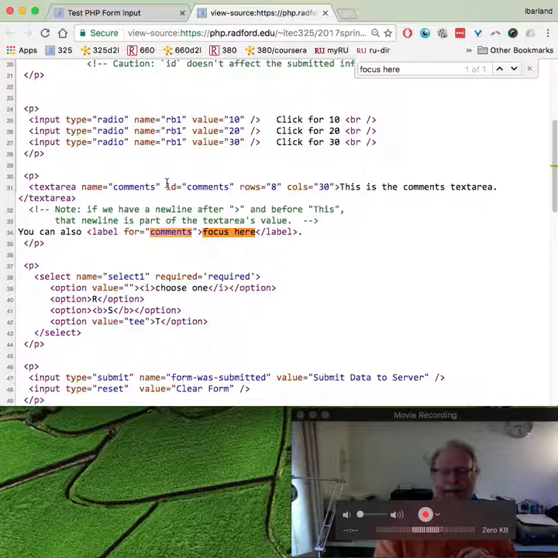So ID is something the client cares about, because it needs to know the different parts of that HTML page, but is not related to the server at all. Whereas the name attribute is primarily for the server to know what people are talking about. That said, if you have a name attribute and an ID attribute, make them the same. Don't go around making up different names for these things, you'll just drive yourself crazy in the end. Don't have it be "comments" and then "coments" with a K as the ID or something like that. Keep one name,